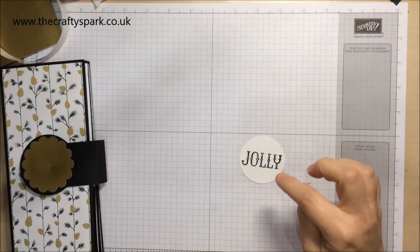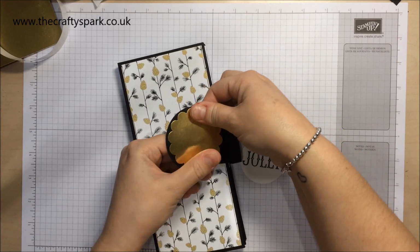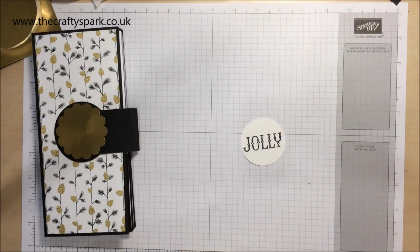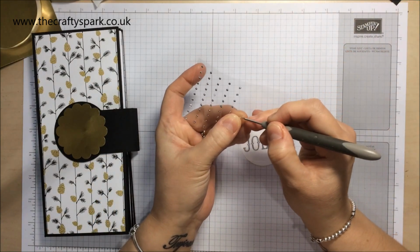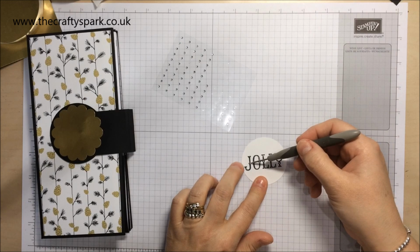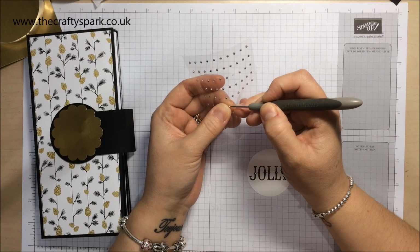And then before I stick it on, because I've got my magnet there as well, I want to make sure, obviously, that everything lays as flat as possible. I'm just flattening that back out because as it's drying, it's sort of curling up a little bit. But I want to put some little diamonds on there. Now, I'm going to be using these tiny, tiny ones that I found in my local craft shop. People in the UK, these are actually from Hobbycraft, and they're mini. Unfortunately, the Stampin' Up ones are just that little bit too big for doing this. I did try them, but it was just getting...